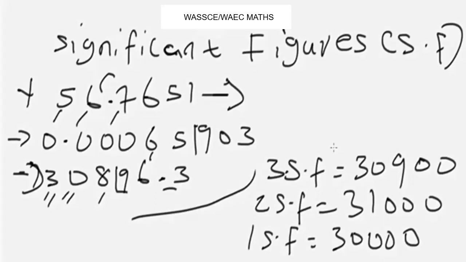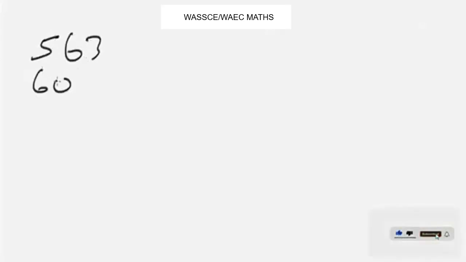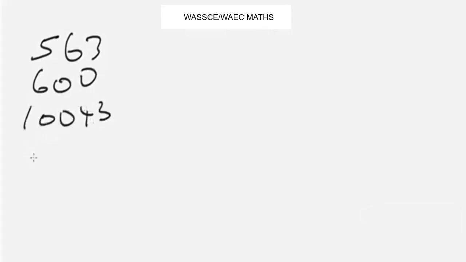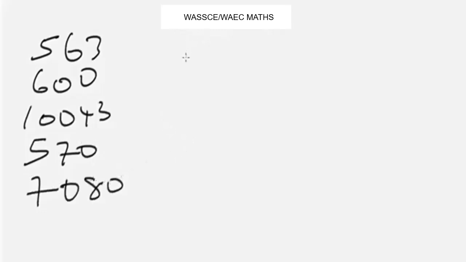Now, let me give you practice questions on significant figures so that you understand it in depth. Let's wipe this. Okay, guys, let's say I'm going to give you random examples now and test your knowledge on it. So let's say we are given 563, and we are given 600, we are given 43, we are given 570, we are given 7,080, okay, and we are given